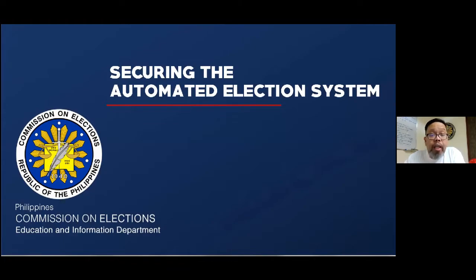I'm James Jimenez, and I am the spokesperson of the Philippines Commission on Elections. I'm here to talk to you today about securing the automated election system. As you know, we will be having elections on May 9, 2022, using an automated election system that we rolled out initially in 2010. Since then, there have been several elections, all of which have been very successful, and we would like to show you how we were able to keep the automated election system